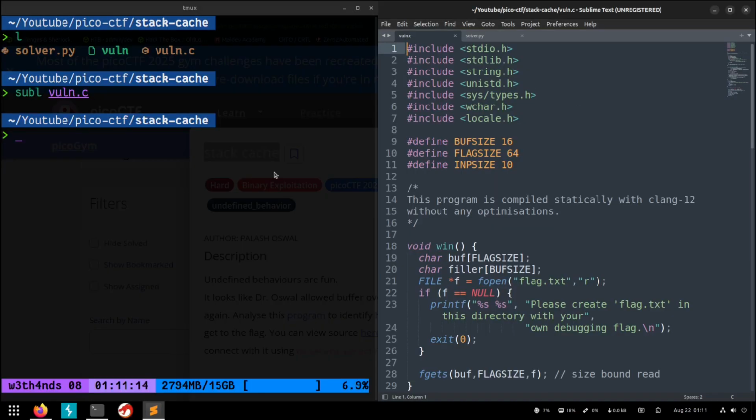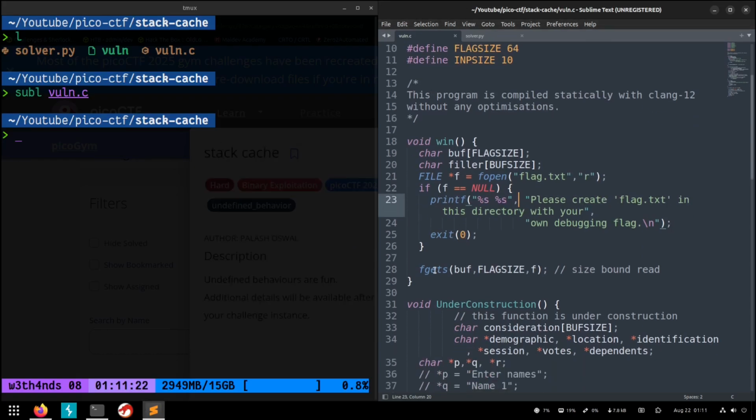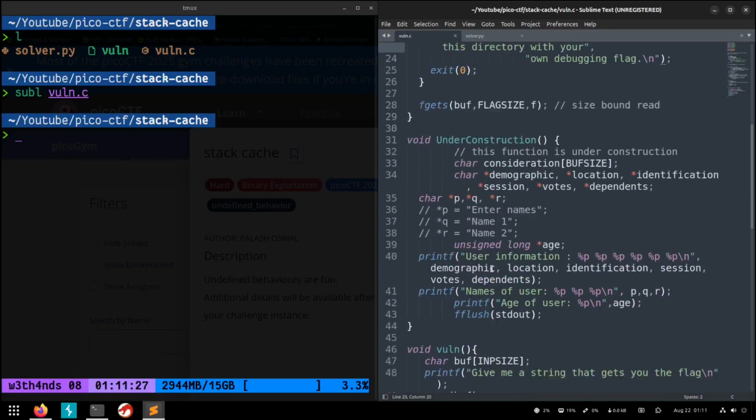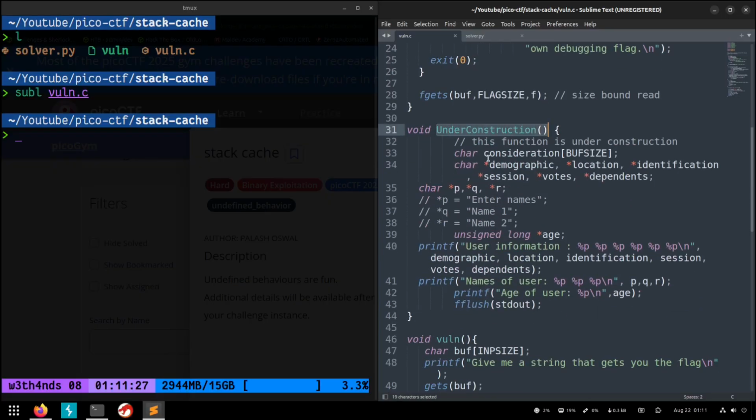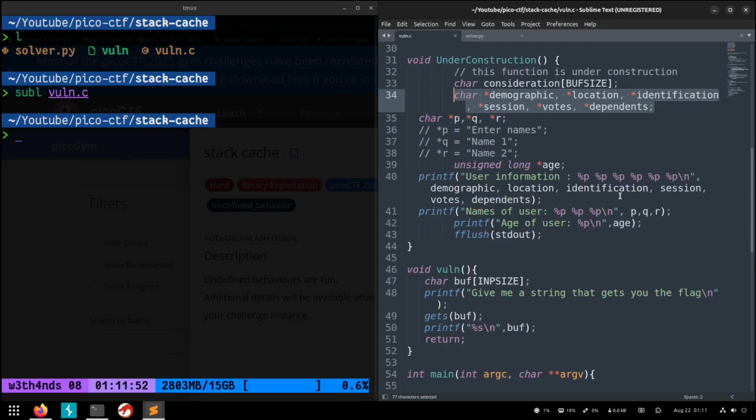source code. So right here we see that we have a win function, nice, that reads the flag but never prints it, okay. And then we have under construction that has some uninitialized buffers and pointers, and after that it does printf user information %p b, and we see that it starts printing this stuff that are uninitialized. That means it will probably print junk or whatever lies on the stack this time, and yeah, all of this